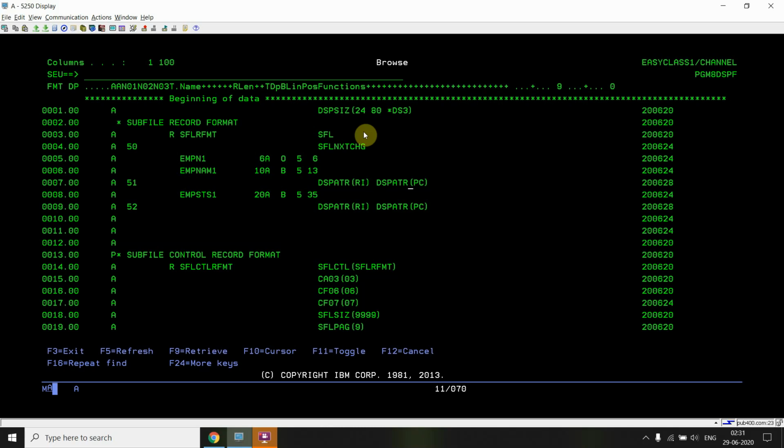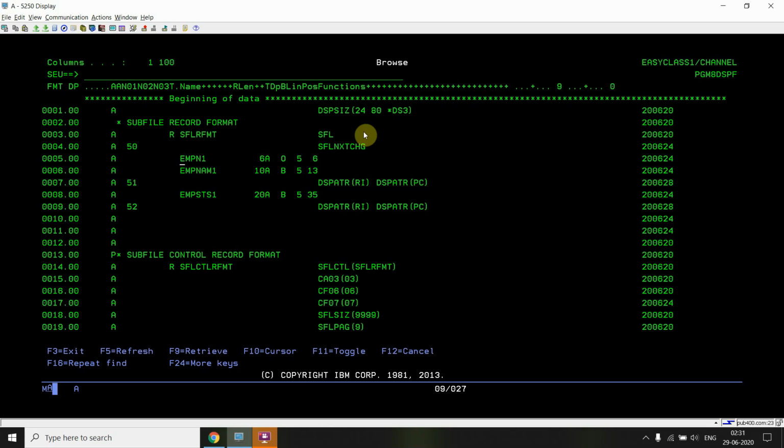I have used position cursor for this. Once 51 gets on, it will point to that field, or 52 gets on, it will point to this field, in a sequential manner.